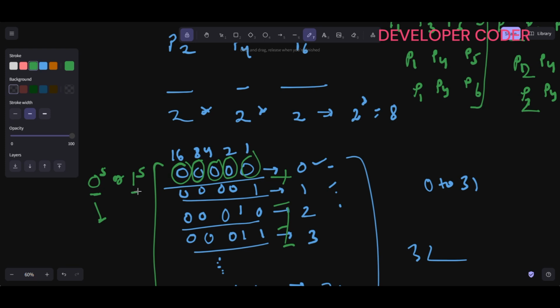Okay, if I have 1, then I will say that my player on my right side is going to win, or left side is going to win. So we have only this 0 or 1. Okay, so let's say